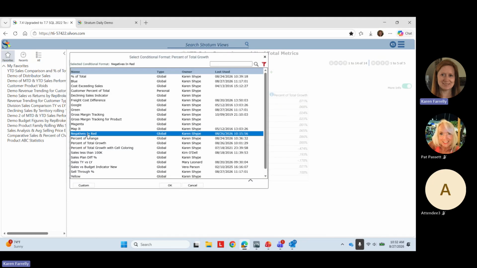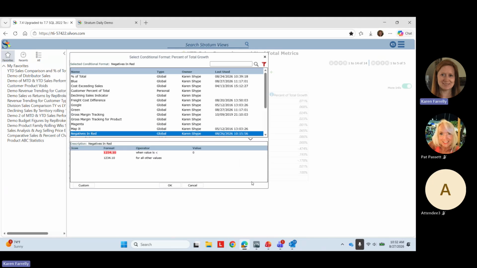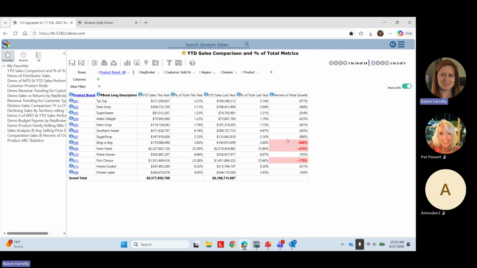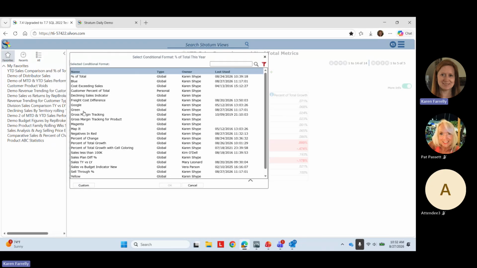I want to highlight negative values in red. If I'm not sure what that represents, there's this arrow in this window which can show me the values or the conditions and what formatting or icons might exist for this conditional format. So that's applied and in place. And again, you could set up your own custom one if you wanted to by just going into conditional format, edit, and custom if you didn't find one from this list of existing